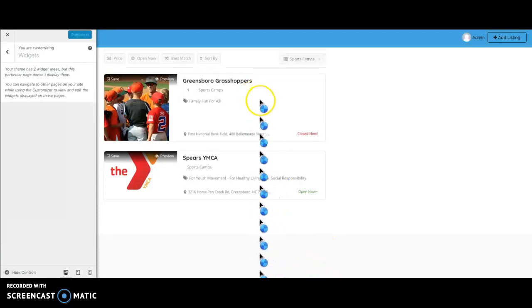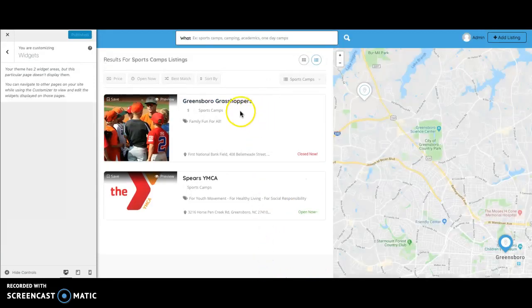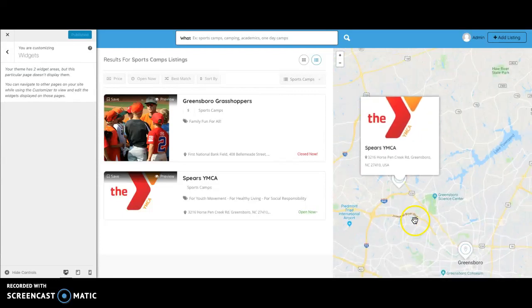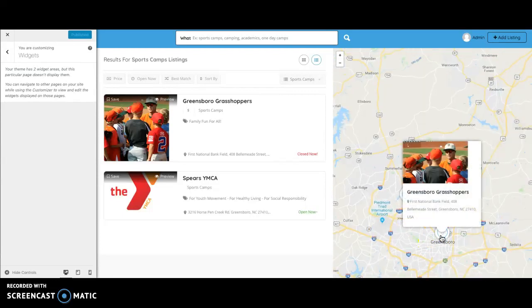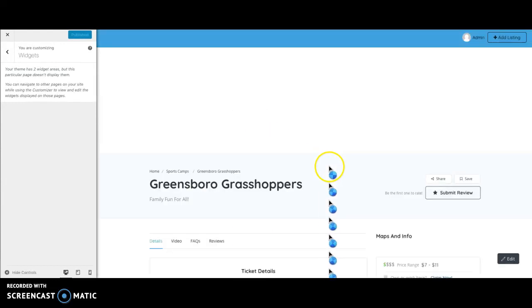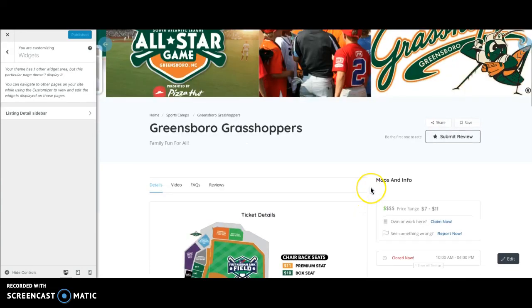okay, you can see here that we have the Greensboro Grasshoppers, the Spears YMCA. And you can see how obviously, there's the YMCA, and on this map, there's the Greensboro Grasshoppers. So it has separated it out perfectly. No problems there. Where I'm having the problem is when I go to the actual listing to find the information,